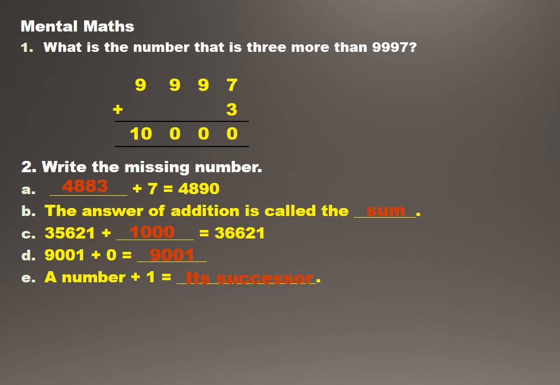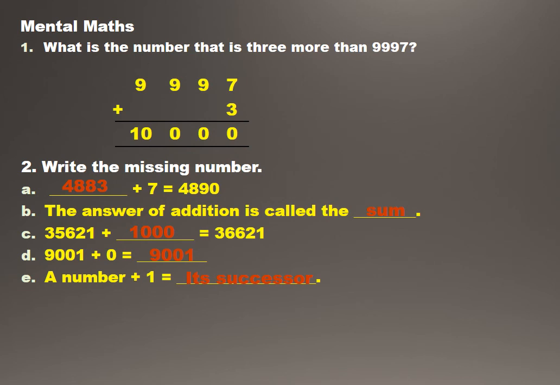Just compare both the numbers. On ones place 1, both the sides. Tens place 2. Hundreds place 6. Thousand place on left hand side it is 5 and on right hand side it is 6. Moving further, 3 both the sides same on ten thousands place. So where is the difference? 1000. So which number we have to add here to make them equal? 1000. So 35,621 plus 1000 is equal to 36,621.